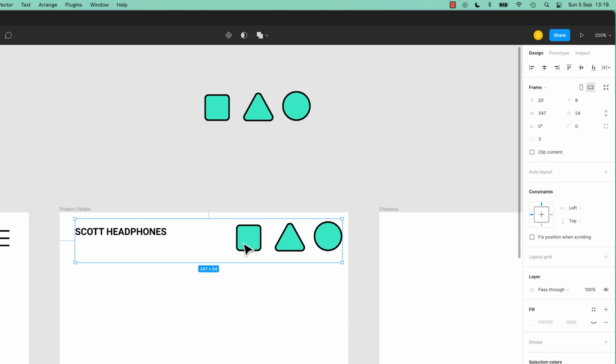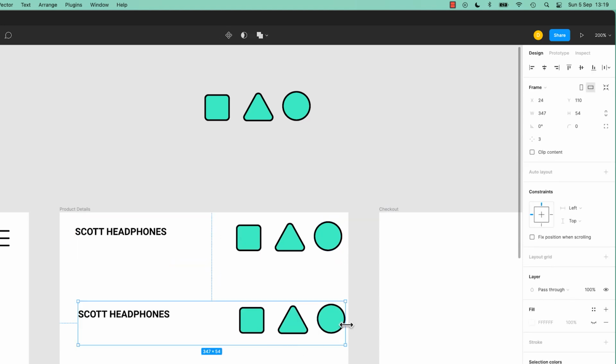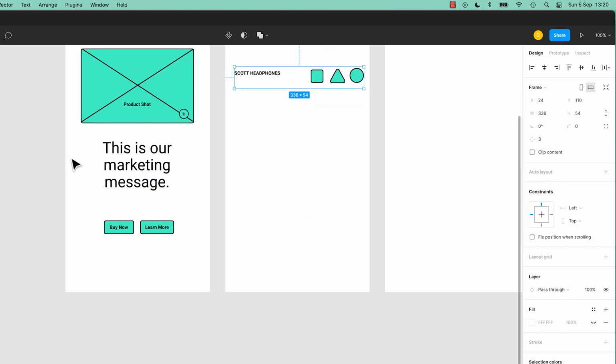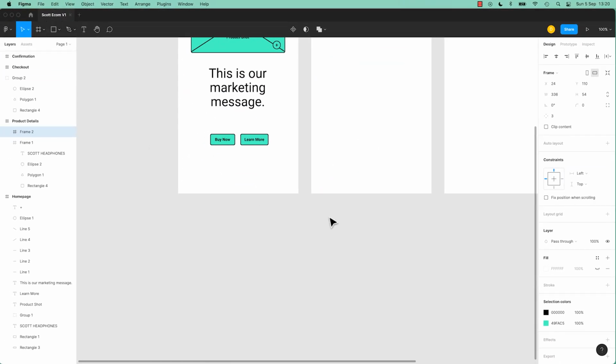If I go now and make a copy of it, watch this. When I drag it, hey, it sticks to the top right of the frame. Groups can't do that. They call them constraints. We'll do them properly later on, but when it gets to things like, okay, I need another version, it needs